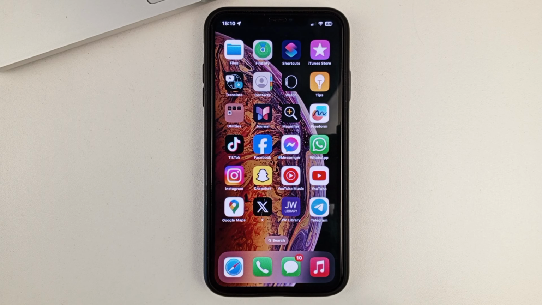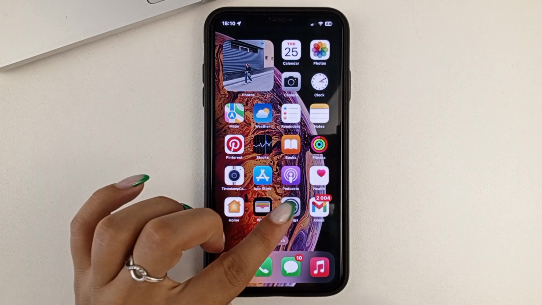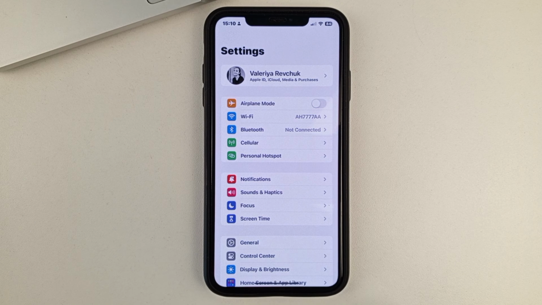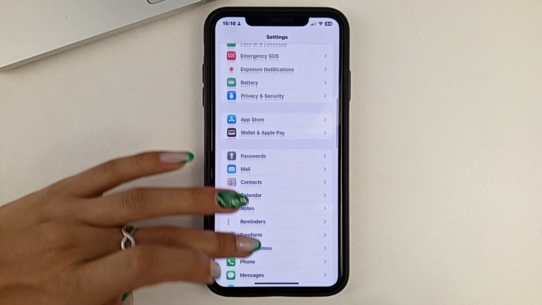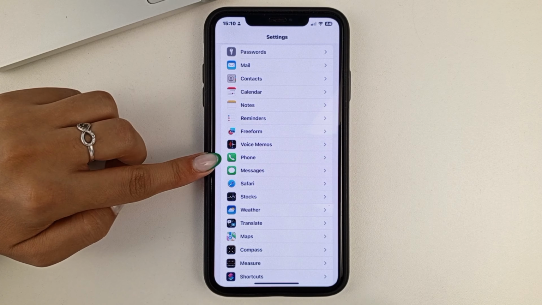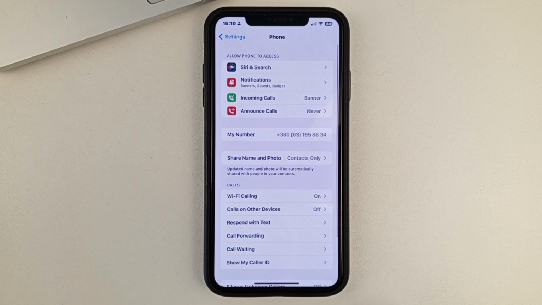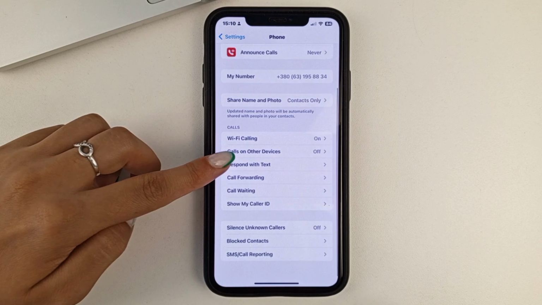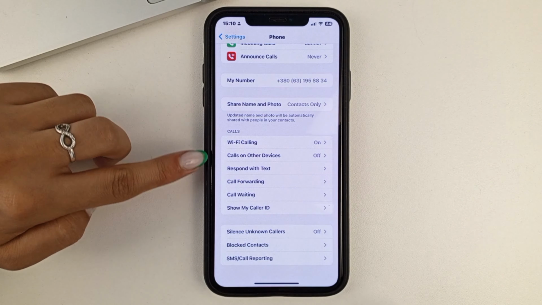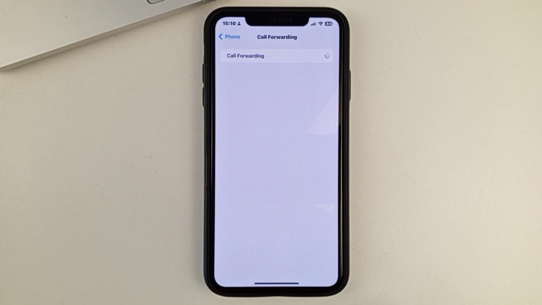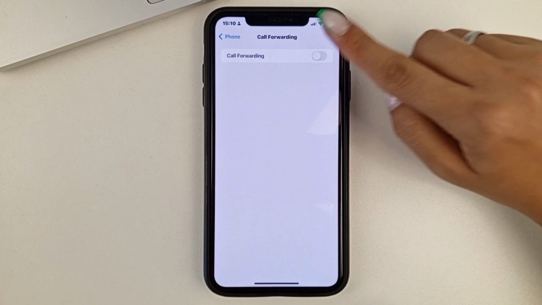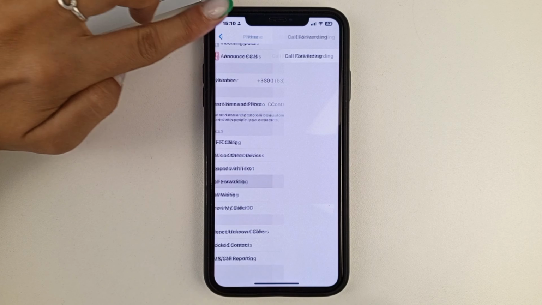Also friends, next to try to fix your situation, you will need to go to your iPhone settings. Scroll down here until you see the phone. Click on it. And here you'll need to find the option when addressing calls. And here you'll need to make sure that you don't have this feature enabled. If you have it active, then just disable this feature and go back to the phone's settings menu.